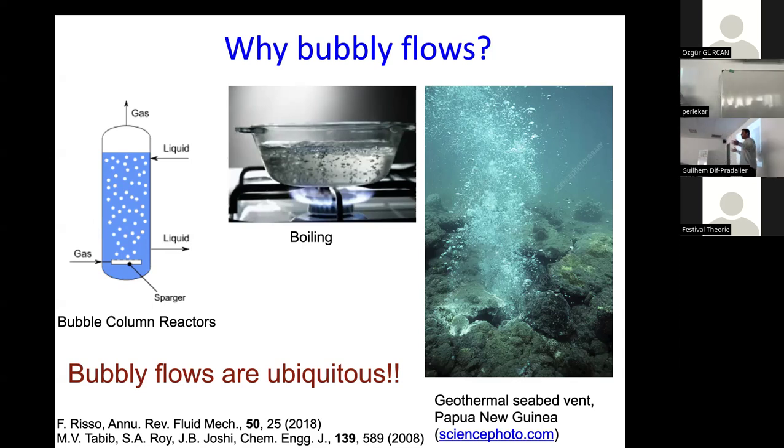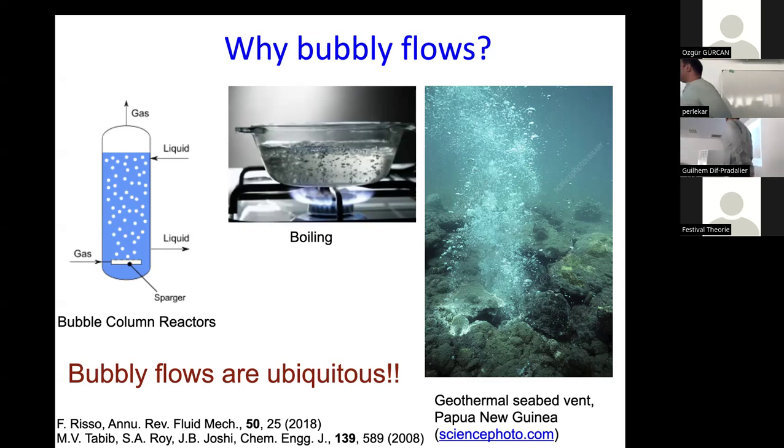Similarly, you could also see bubbles in a fish tank. So why are bubbles there in a fish tank? Because you want oxygen to get mixed in water. And again, you could ask the question, does it help mixing of oxygen in water? How efficient is it? How do I understand this mixing process? There are several examples of these kinds of things. And so indeed, it's not only me, but there are several people who are interested in understanding this phenomenon.